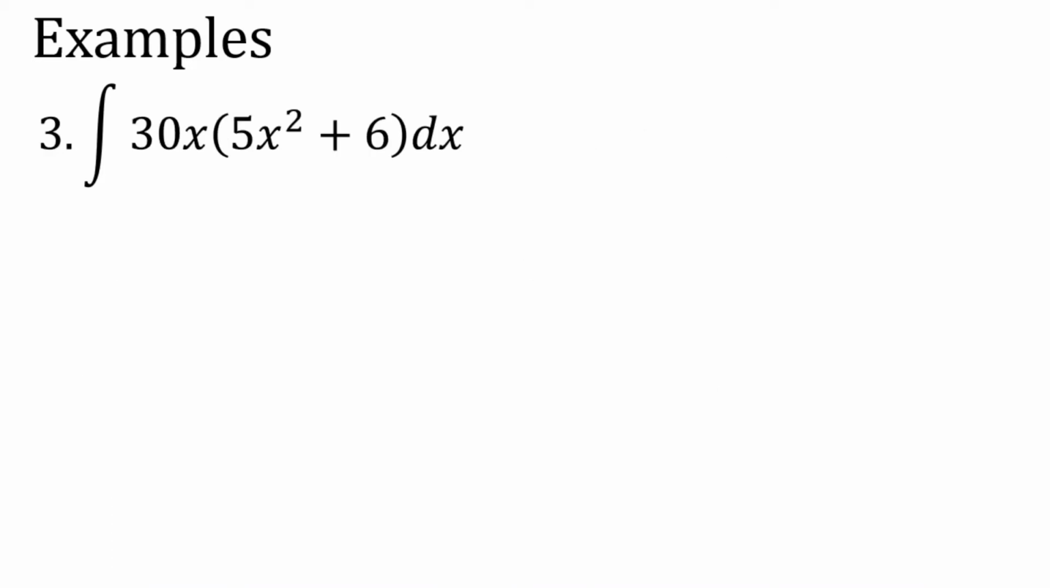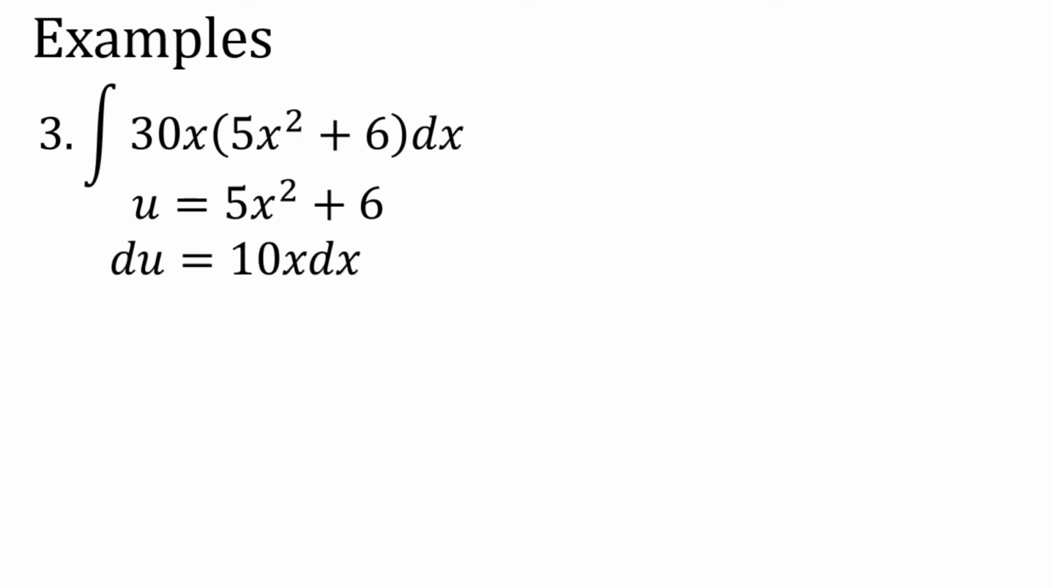Example number 3. The integral of 30x times 5x squared plus 6 dx. So let u be equal to 5x squared plus 6. Get du. Du is 10x dx. So it's just getting the derivative, okay? And then